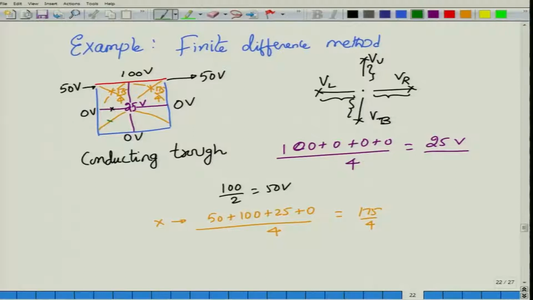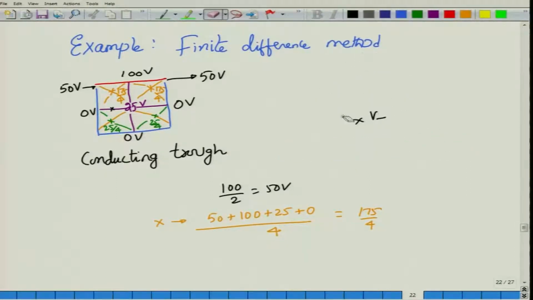But for now, look at what is the potential at the green color over here. Again, I have a potential to the left which is 0, potential to this one is 0, potential here is also 0, but the potential on the center of the trough is 25 volt. Therefore, the average here or the potential at this point will be 25 by 4. By the same symmetry, this potential will also be 25 by 4. So after 2 iterations, the grid potentials would look something like this.